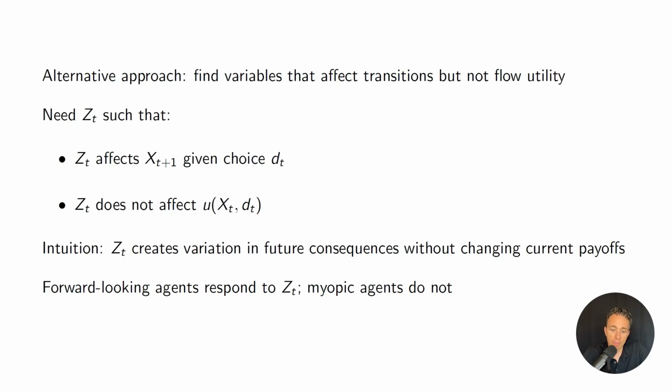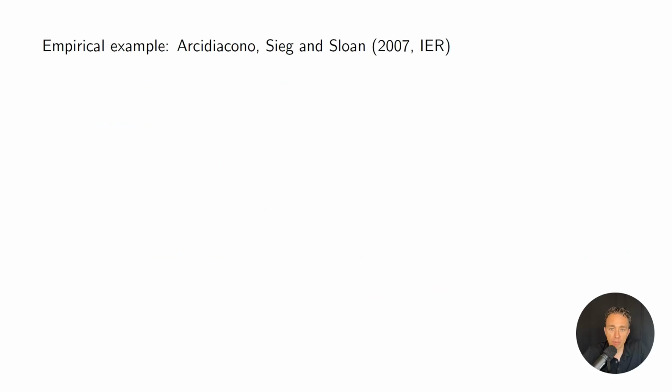So basically myopic agents would be making the same decisions regardless of what the value of z is, but forward-looking decision makers would be responsive. So one example from this is from a 2007 paper in the International Economic Review by Peter Arcidiacono, Holger Sieg,